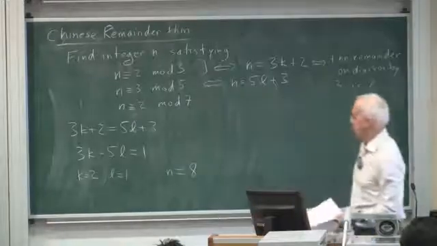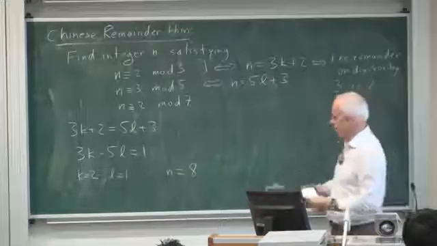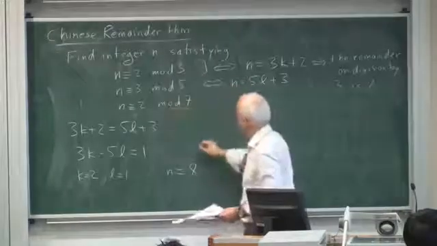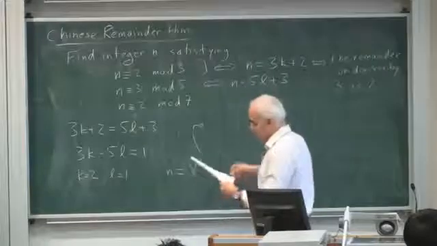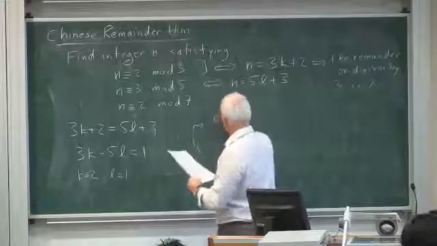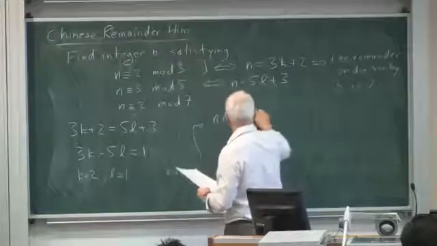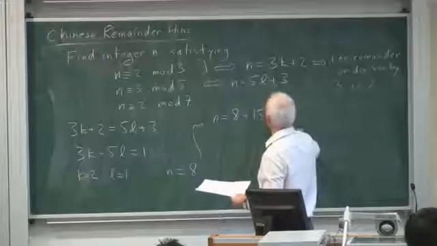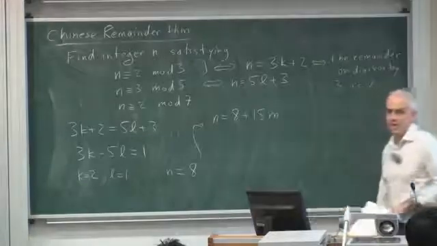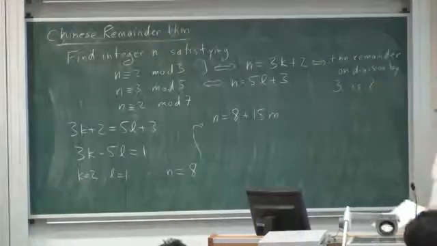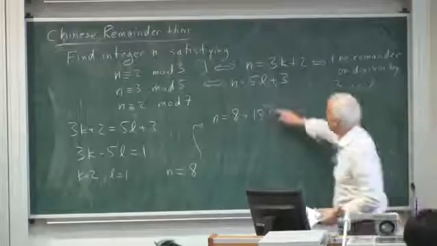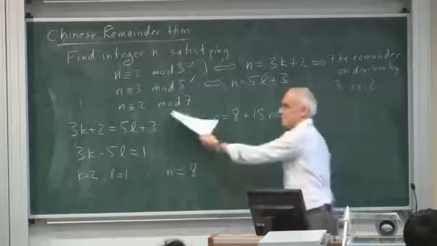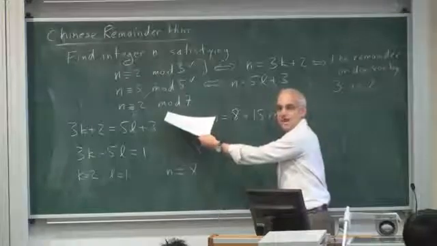Now that's not the only possibility. In fact, now you can add multiples of the common multiple of 5 and 3, namely 15. So a more general solution now is that you can set n equal to 8 plus any multiple. I'll use some other letter, I haven't used m yet. Say 8 plus 15m. And if it's of this form, then it will satisfy these first two conditions. And now we only need to make sure it satisfies this one as well.